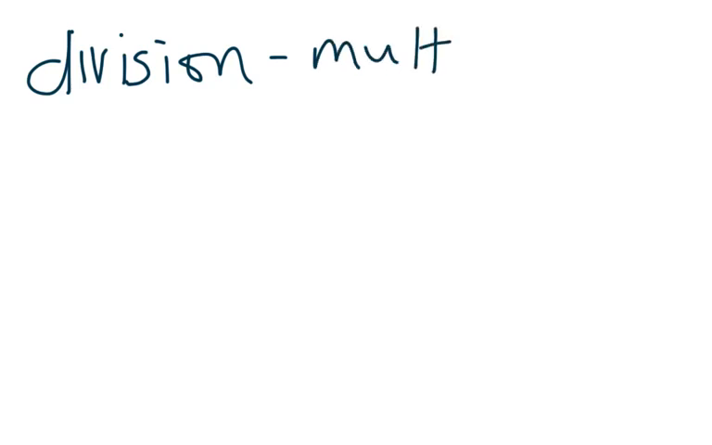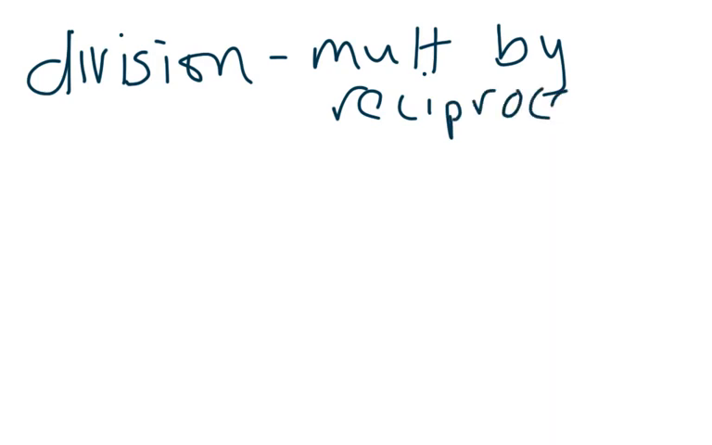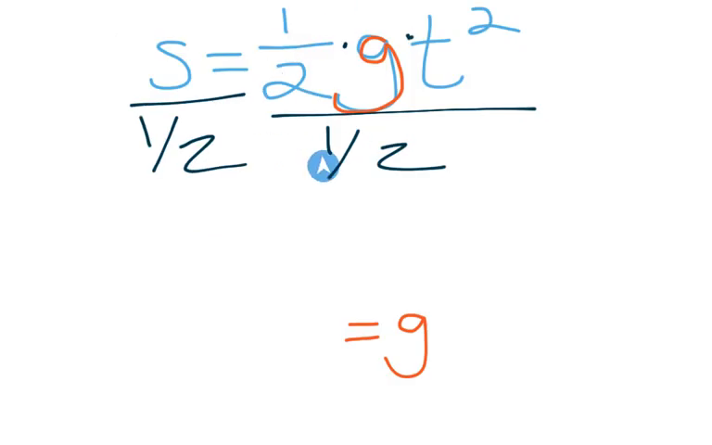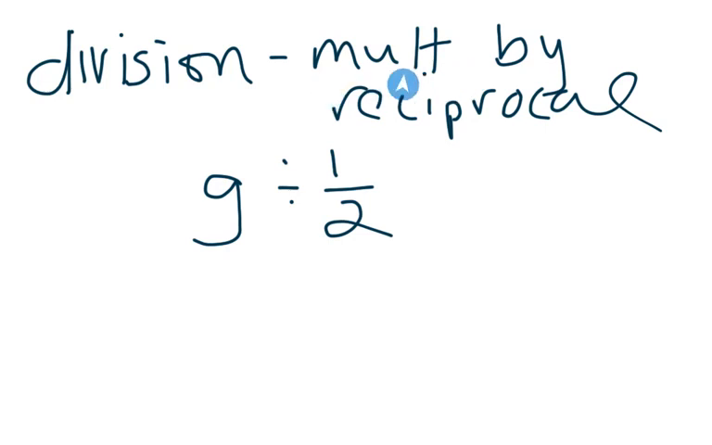Division simply says to multiply by the reciprocal. Okay, all that vocab coming back. Division means to multiply by the reciprocal. So if I have G and I divide it by 1/2, that is what we're doing here. We're dividing by 1/2. We're ignoring the T squared for the moment. We'll come back to it, don't worry. That is the same as multiplying by the reciprocal. So that would be the same as G times, well, what's the reciprocal of 1/2? You flip it over,